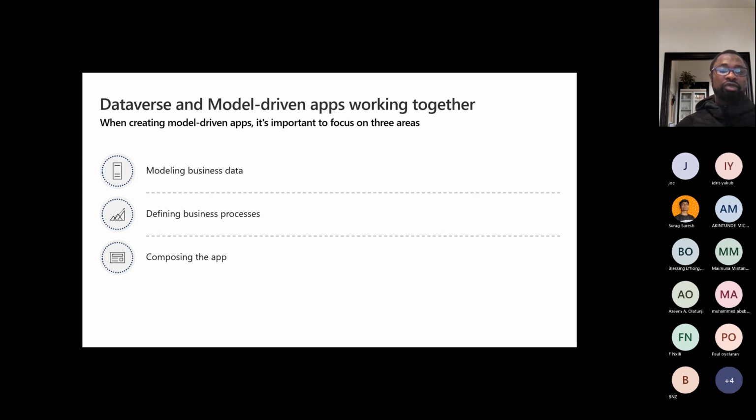So then how does this work together? The Dataverse and model-driven apps. And of course, we say that the Dataverse is like a database, a source of the data with which your apps interact, right? And also the users as well. Now, when building model-driven apps, it's very important for us to focus on these three areas in terms of